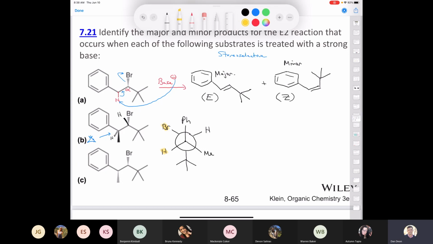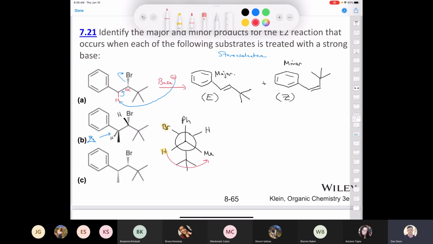Well, the good news is that there's free rotation around the carbon-carbon sigma bond, the one where the pi bond is going to be formed, right? So all I have to do is rotate either the bromine over here, or I can rotate the hydrogen over here. Either way, it doesn't matter. I'm going to rotate the hydrogen